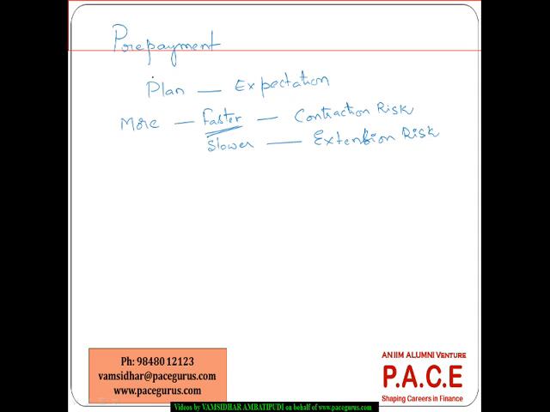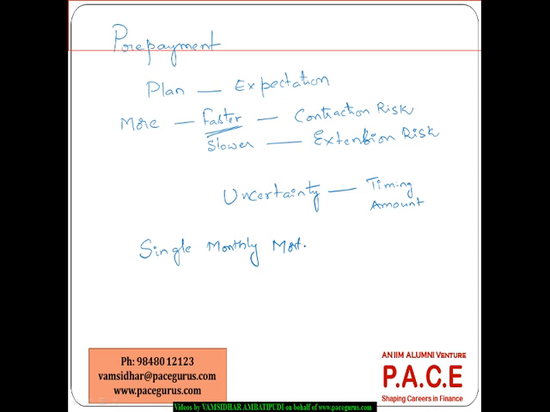So because of these prepayments, there is a lot of uncertainty that is getting developed, right? Both in terms of when I will receive the payment and how much I am going to receive, because the borrower can repay any amount at any point in time. So there is a lot of uncertainty, and that has to be handled much more effectively. There are a few measures to typically expect some amount of prepayment.